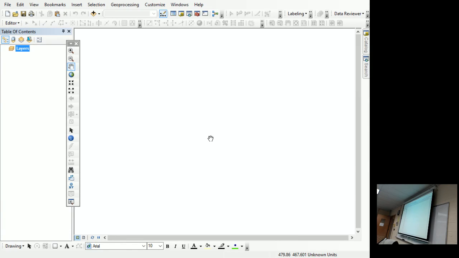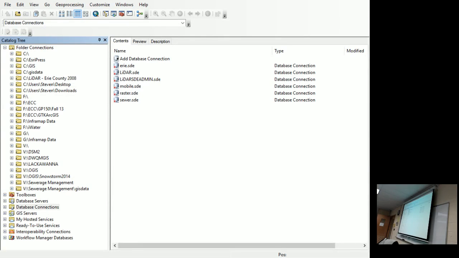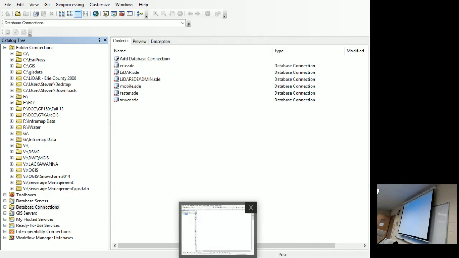And step 1, they want you to open our catalog. No, not ArcMap. So remember our catalog: put the cursor on the right, go to search, start typing our catalog.